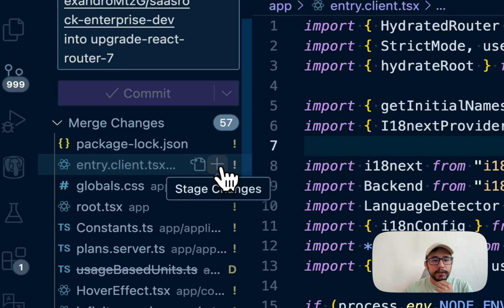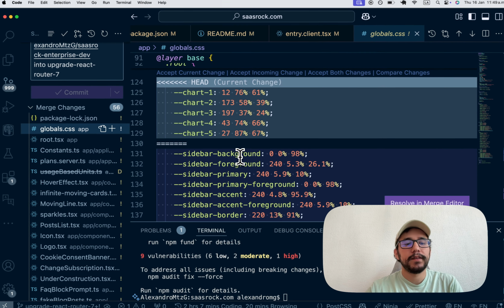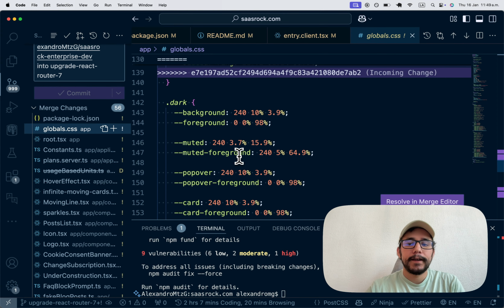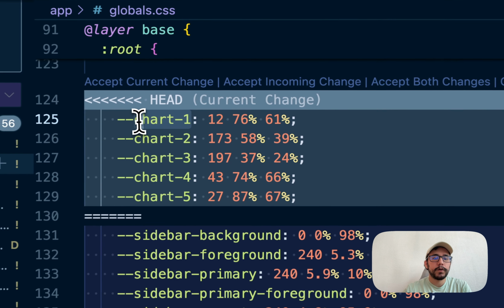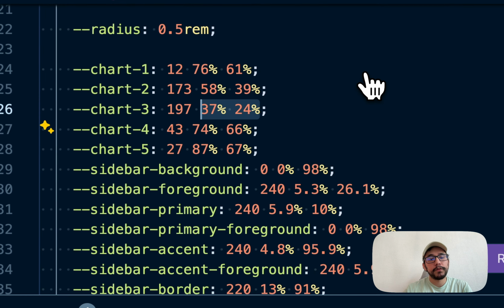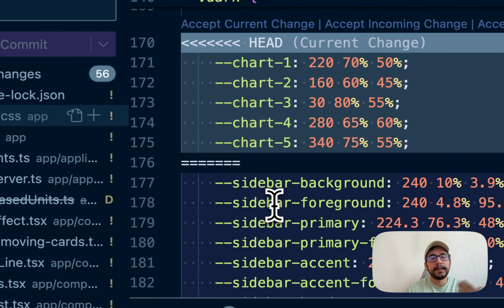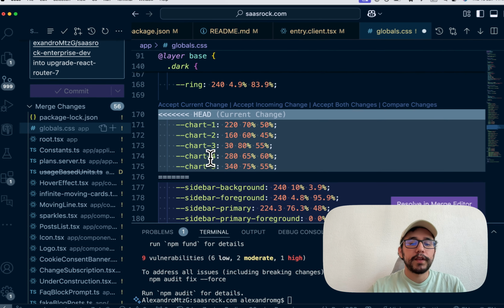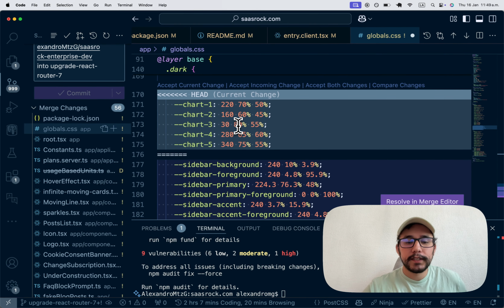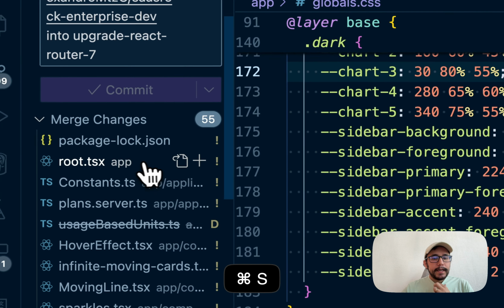So what else? Globals. So this changed because I added a few classes. In my case, you can see chart 1, chart 2. I don't remember from what UI library, but I'm gonna accept both changes because I added these sidebar classes that are needed for the new CN sidebar component. So both changes, this is pretty easy. Now the root,